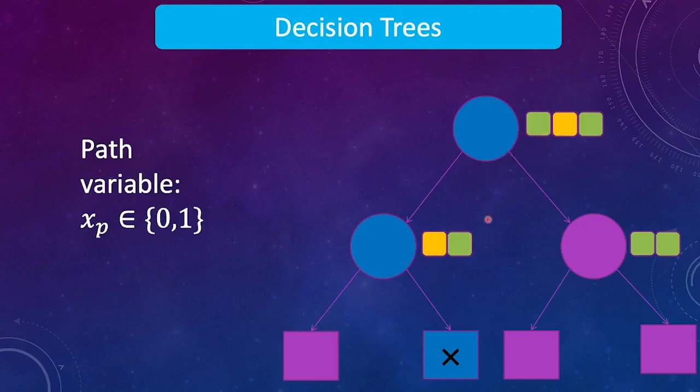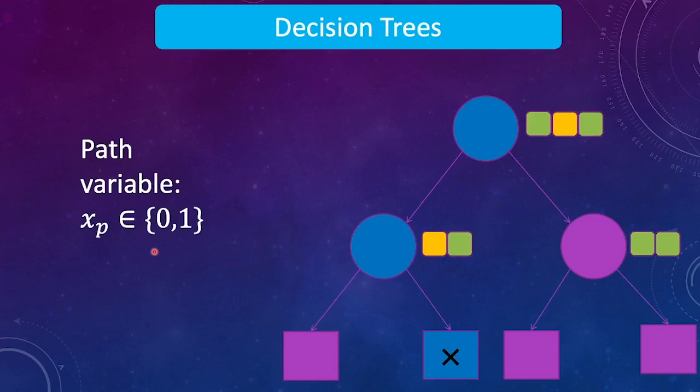So it has 3 into 2 into 2, that is 12 variables just for this leaf node, and we have 4 different leaf nodes. And if we consider even bigger size trees, it will increase exponentially. So there are just too many of these variables, and we cannot really have linear programs with that many variables. So these variables are essentially generated using column generation, and I'm going to explain all of that detail